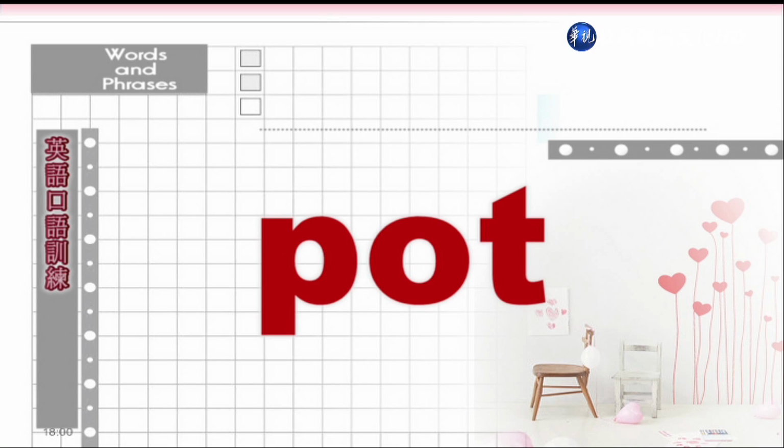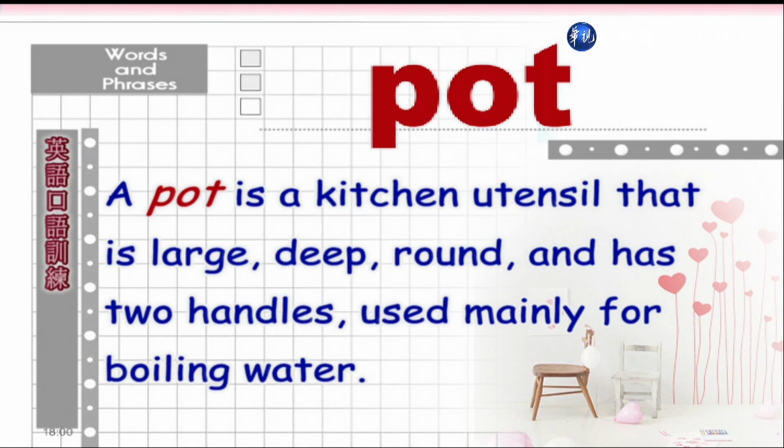Pot, pot. 锅子。A pot is a kitchen utensil that is large, deep, round, and has two handles used mainly for boiling water. 锅子呢是一种又大又深又圆的，有2个手把的厨具，它主要呢通常是用来煮水。